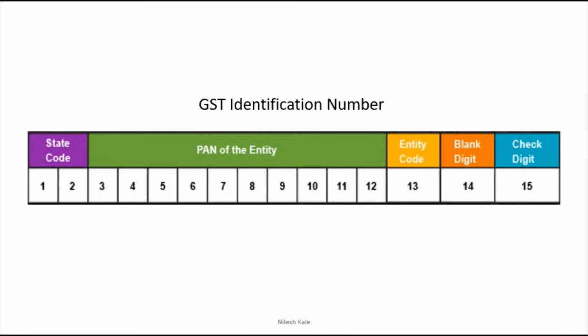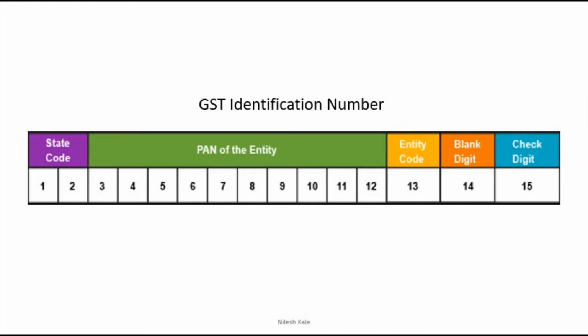Let us start with the GST identification number. Now what happens after you take the GST registration? The first thing that will happen to you is you will get a GST identification number, GST ID. This is very essential, and only because of this people get registered in the GST, because they get an identification number. And because they are getting an identification number, all the benefits that are going to happen to any registered person will flow to him or her, only because they have this identification number.